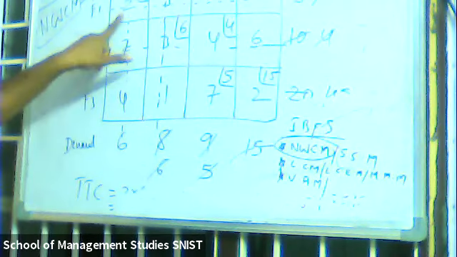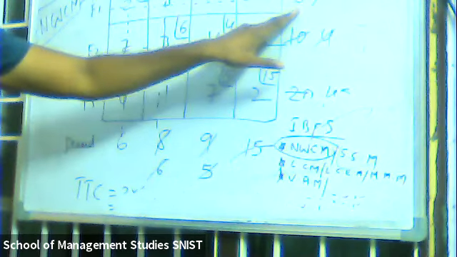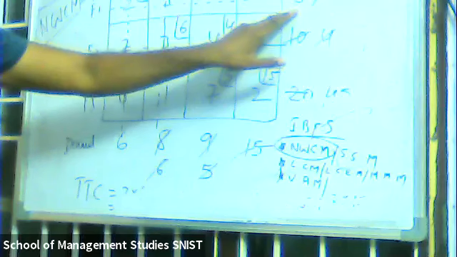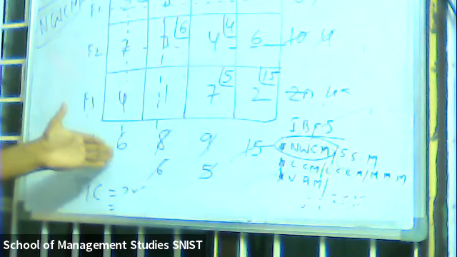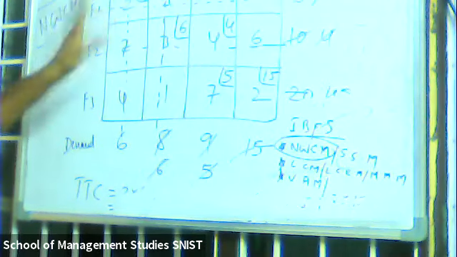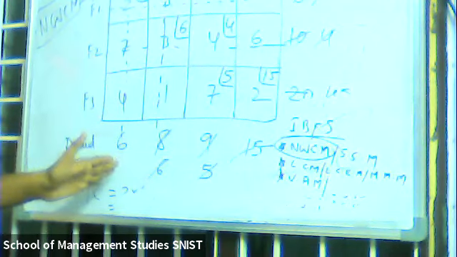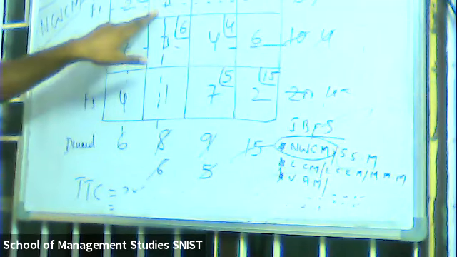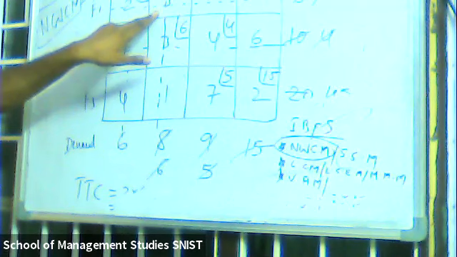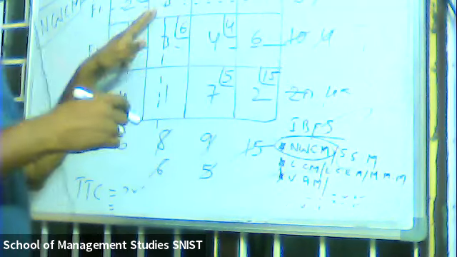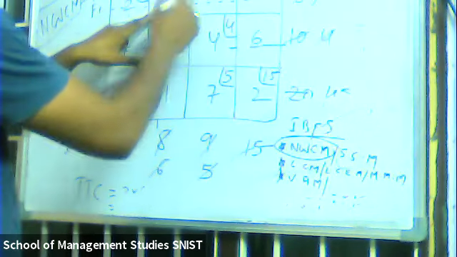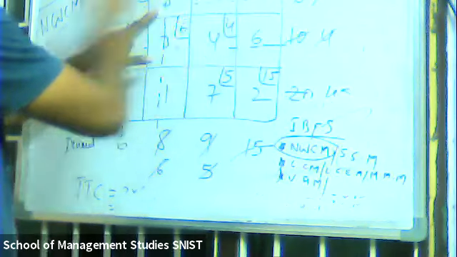So I allocated 6 here and subtracted 6 from 8, which gives 2. Since 6 is the demand of warehouse 1 and it is already satisfied, we may not allocate further there, so we cross that out. The next one by default is x12, because 2 is still left over. Again we check 2 and 8. 2 is the least, so I allocated 2. So 6 plus 2 is 8, which is satisfying, and I'm crossing that particular row. Then still here 6 remains.